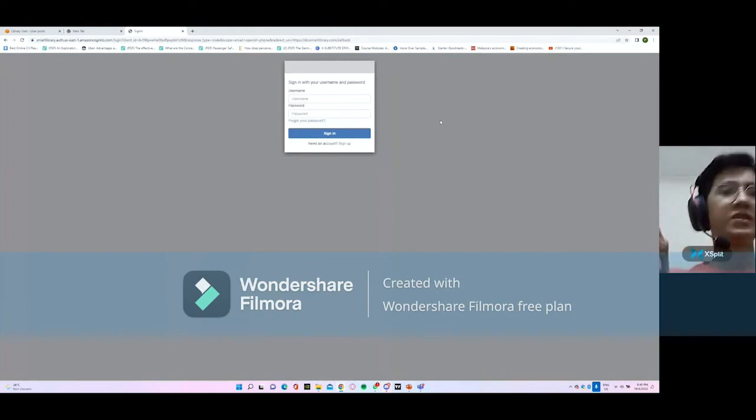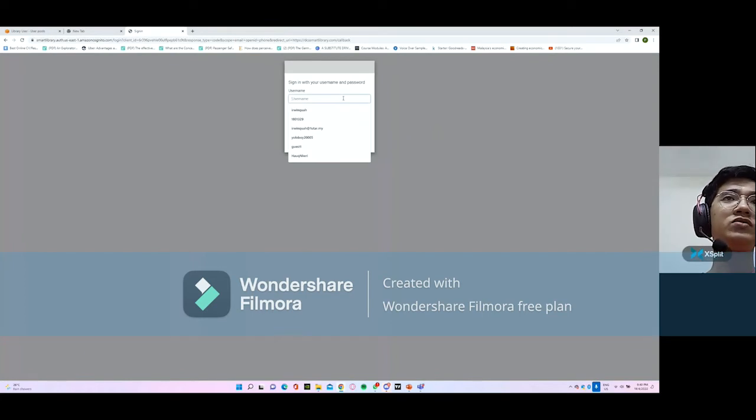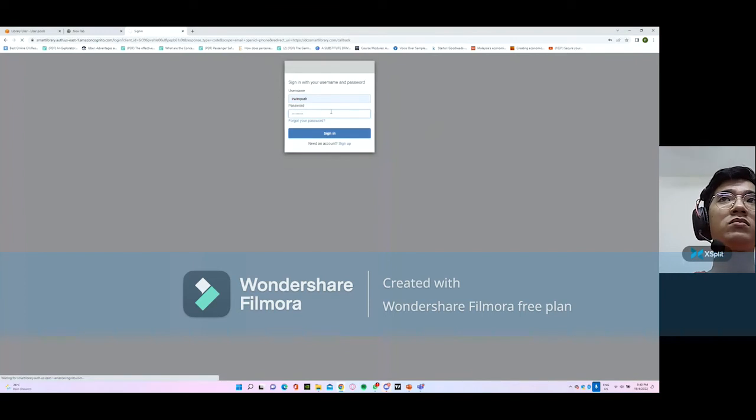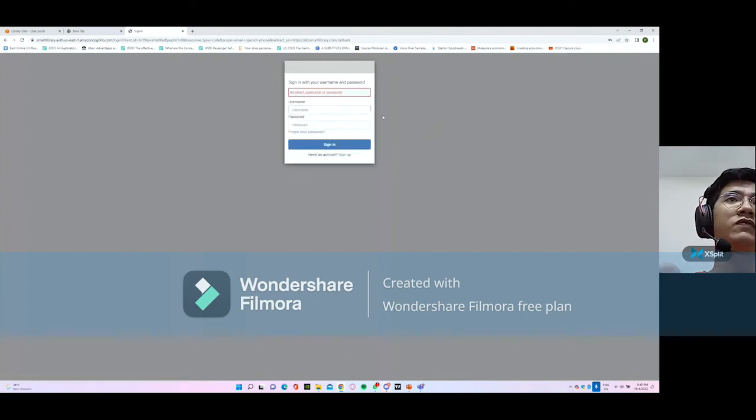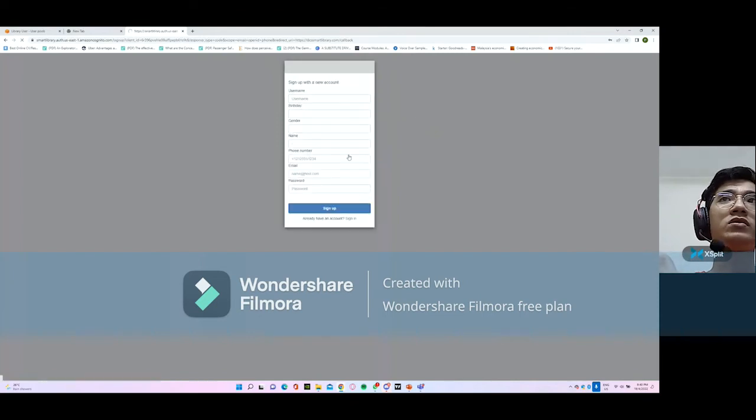Okay, from then on, this will be our Cognito sign-in page. We can enter the username to sign in. If you enter the wrong password, you cannot sign in. However, if you need an account, you can create one. And from what we set up just now, we need to enter all the attributes to create an account. That will be all for the Cognito demo.